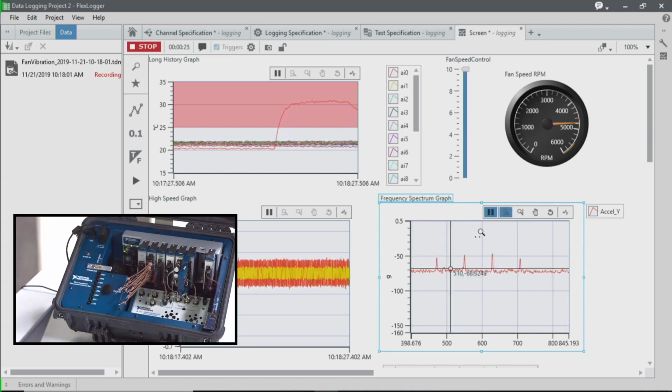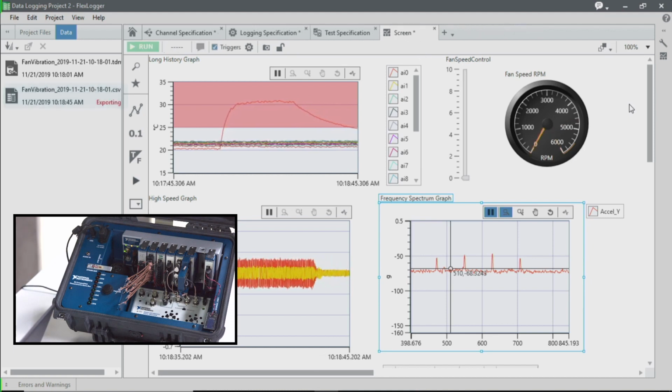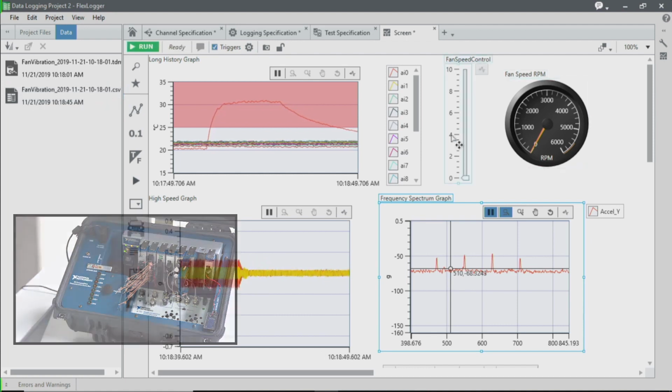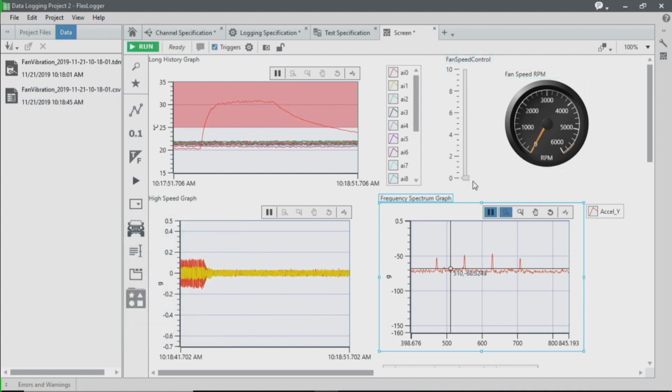explore further. And once the temperature in our system actually dips below that set point value, we'll notice that we stop logging and that our fan is going to turn off in just a second here. And so we can use events as well as the triggered logging to only capture the most important information that we're looking for. So we can see here that our fan has turned off and our vibration now has decreased.